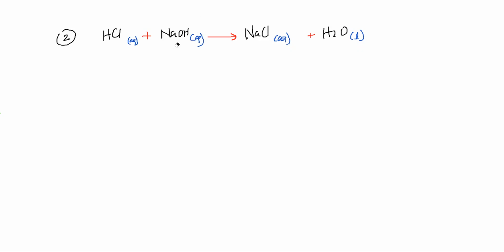Now, in the previous case, when the base was insoluble, if you remember, we added the excess of base to the acid. Can I do the same thing in this case? No, because you can't remove it after the reaction takes place. Because this is aqueous. If I add excess of NaOH, the leftover NaOH will also be present along with the NaCl, which I can't remove. So I can't add excess of NaOH to the acid.